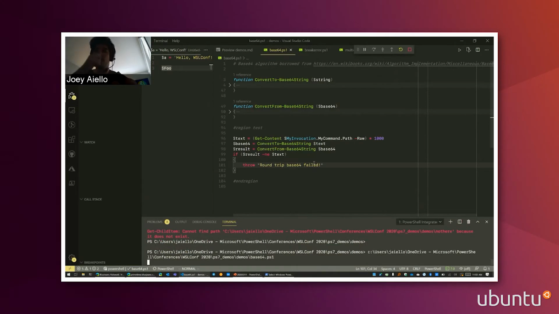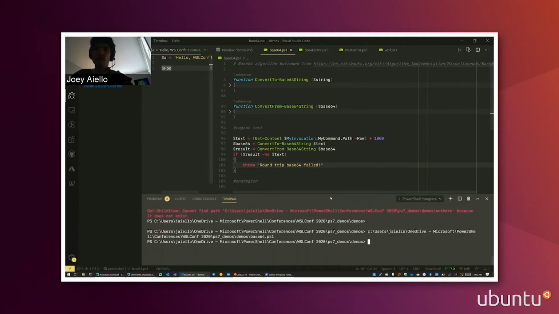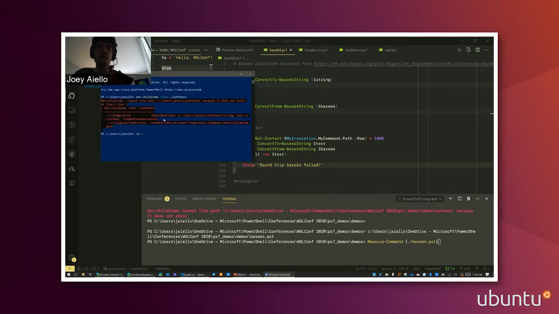And you'll see that round tripped pretty fast. We didn't hit this error, so I'm going to run measure command and then execute this thing again. But before I do that, I'm going to show it here. Back